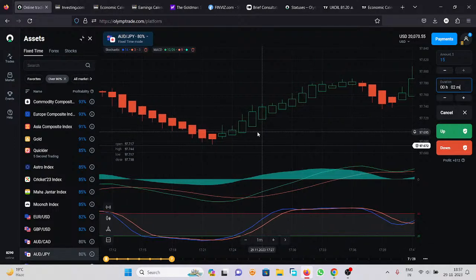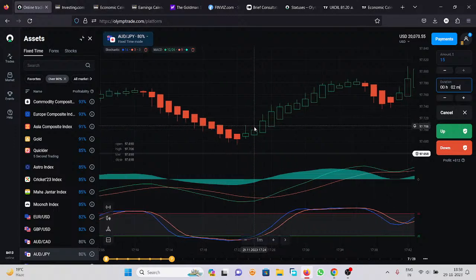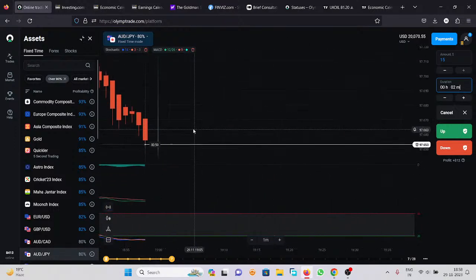What is the condition? Heiken-Ashi candlestick should change the color from red to green. So we have a green candle over here. Stochastic is already exit from the oversold zone and enter the trading area. So in between the overbought and oversold, the stochastic is already entered. MACD goes from below to above zero area, and the green line increases and crosses the signal line from down to up. All three signals are matching. We can open an up trade over here. Upper trend we can open from here.